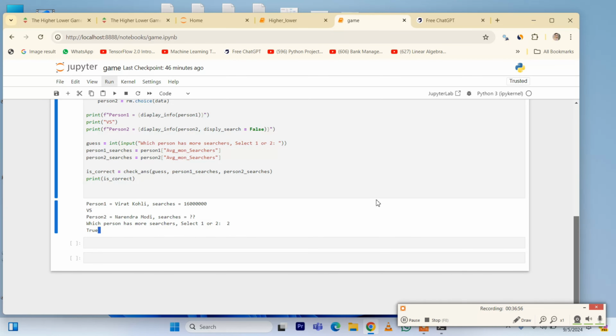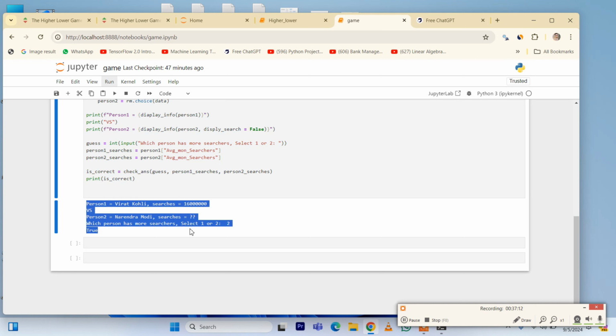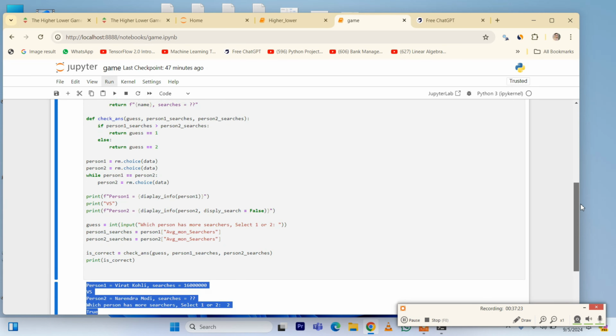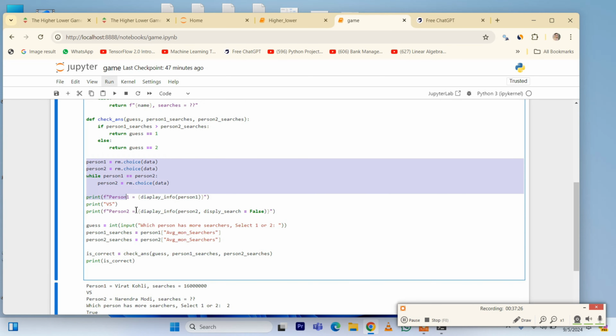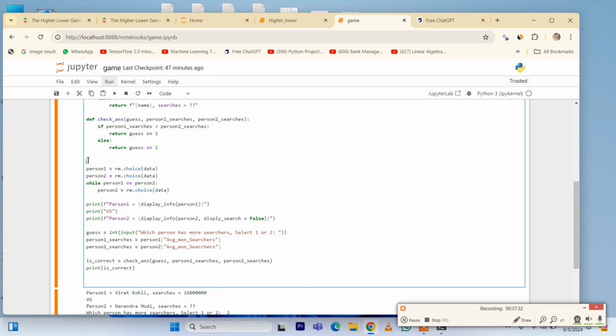So you can see here, when we check the value and compare, we return true, but we have to select the value automatically. So now I just have to run the code again and again to select the new values. So I have to put this code into a loop. So we will put this code into a loop, which is while loop. We will check while true,